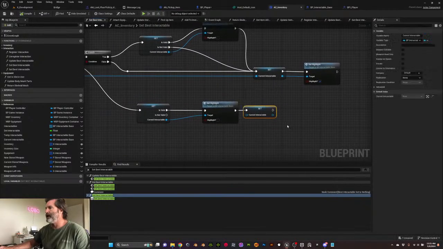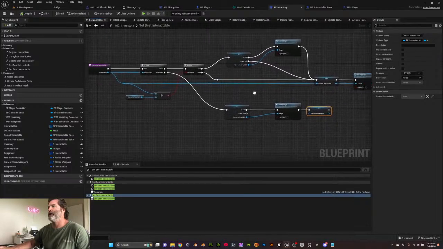So this thing for some reason is getting reset before we can even grab the thing. So I'm wondering,